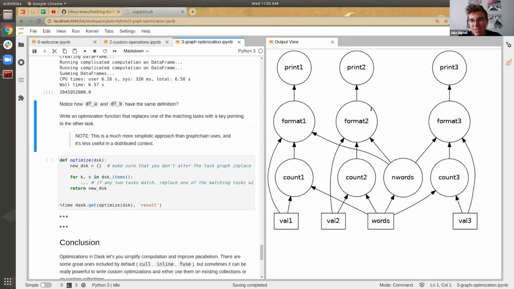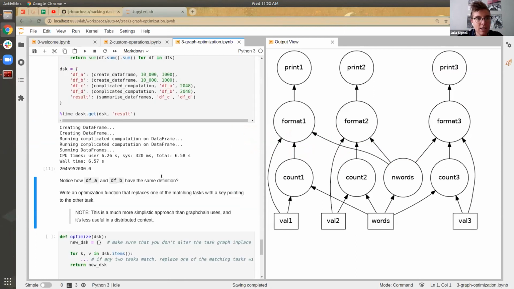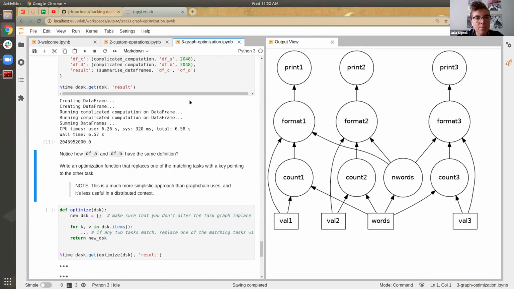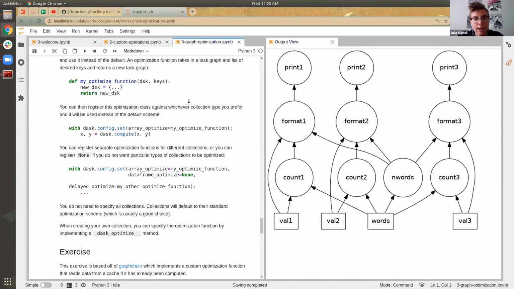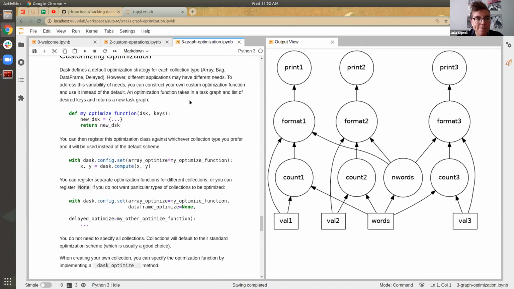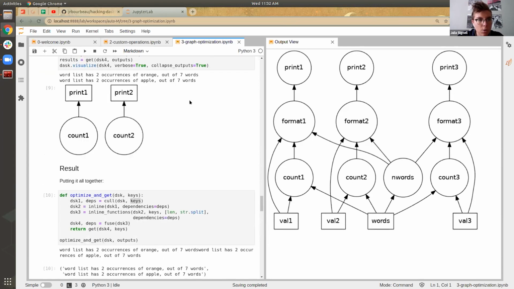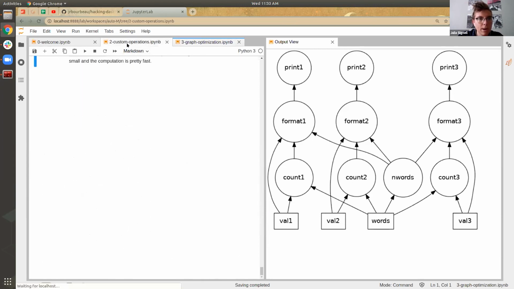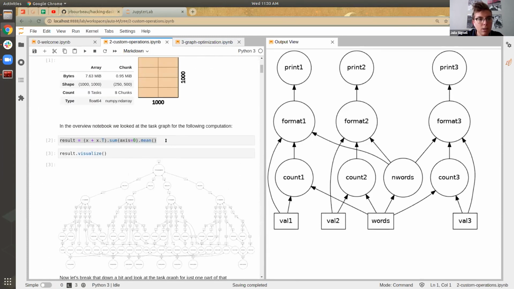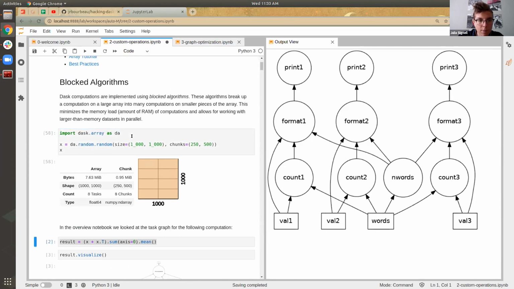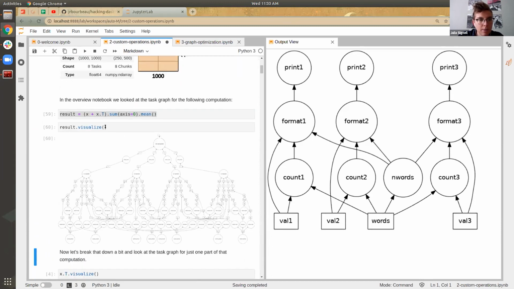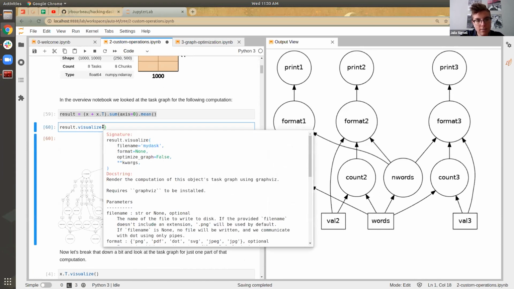There are some questions that came up in the chat. There's a question about color coding the graph visualizations. People usually use color coding to look at the order in which the graph is going to be computed. Let me go back to something a little more interesting in the prior notebook to show what that looks like. If we go back to our first example, you can specify